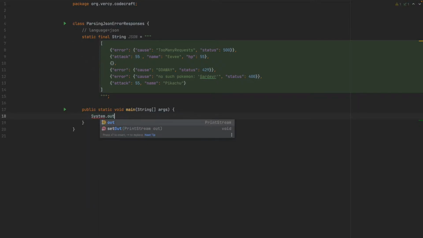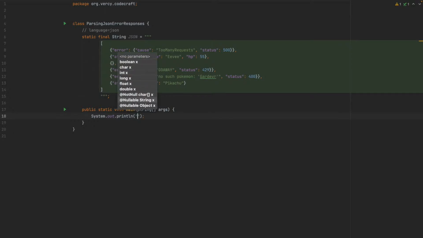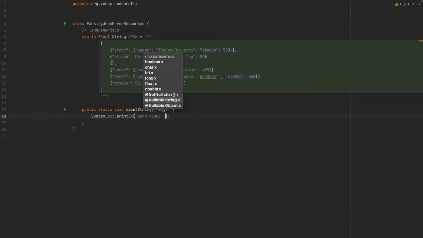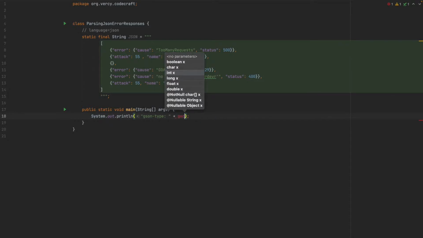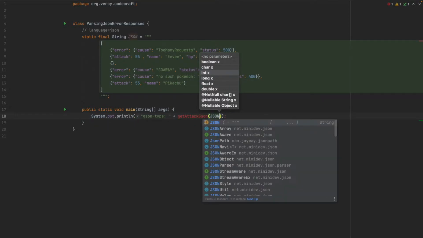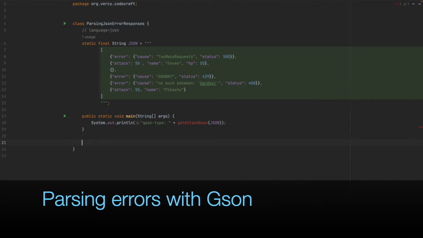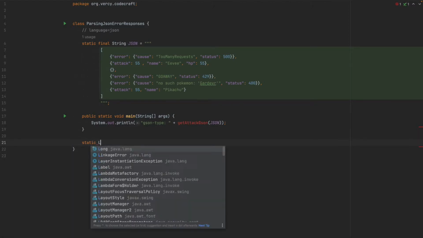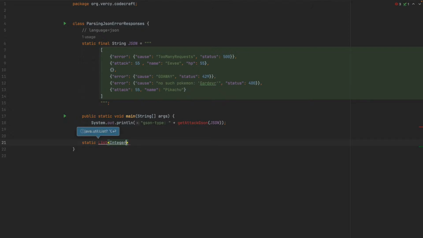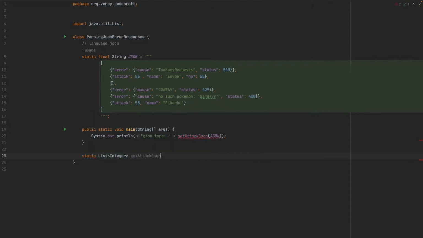First, let's build a test code, which is just going to call our function. We are first going to use the type-based parser of Gson and see what that can get for us. So it is a static function. It returns a list of integers, and it is called getAttackJson, string json, and